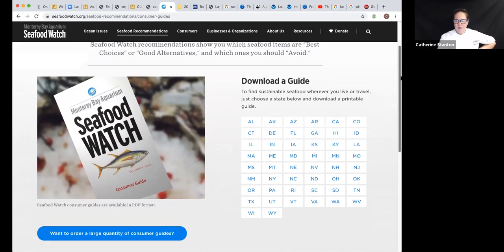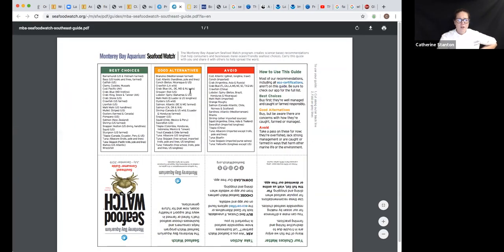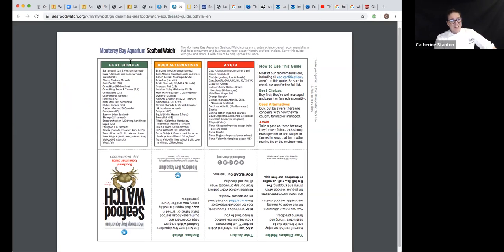So let's pick a state. Let's go for, where do we want to go? Let's do Georgia. All right, so here you go. You could download one for each state, and this is put on by the Monterey Bay Aquarium, so your best choices, okay? So barramundi, bass, catfish, clams, cod, crab, and you will notice that there's going to be crab from different places. So you've got 4 options of crab that are good here, but if you pop onto the middle,